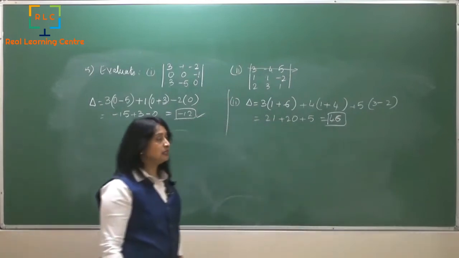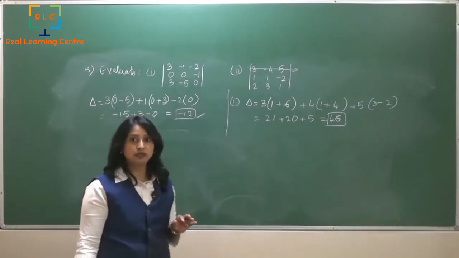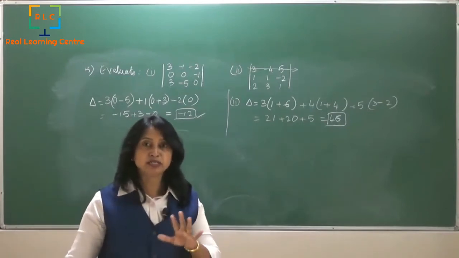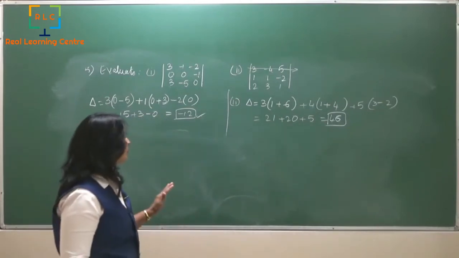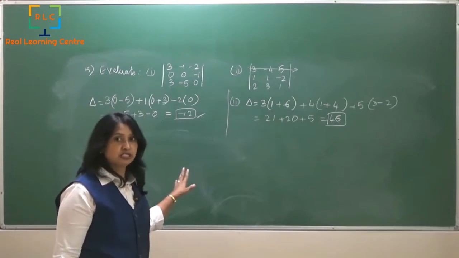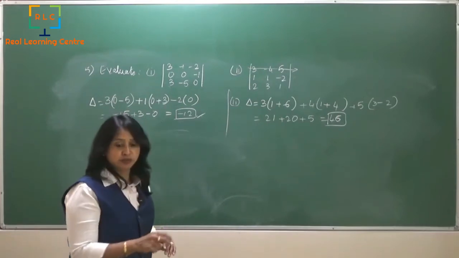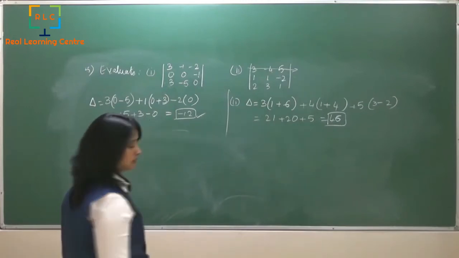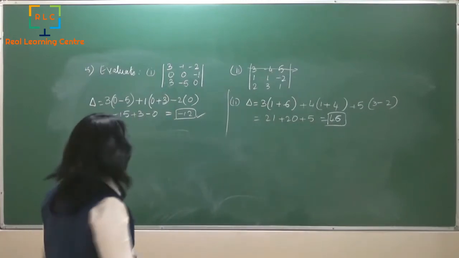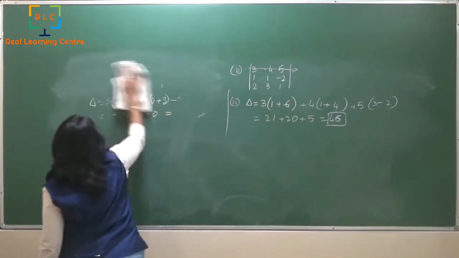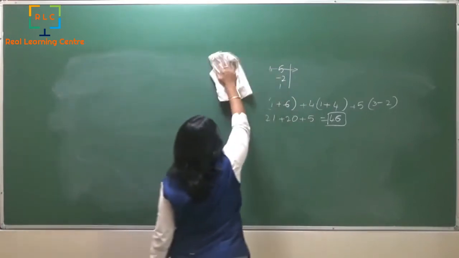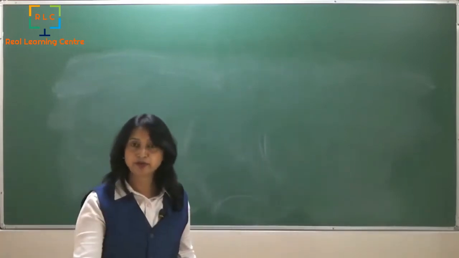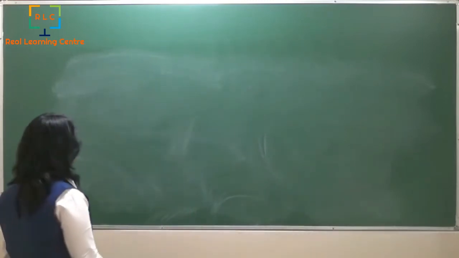So 46. Now this is the way you will expand the determinant. Now these third order determinants have to be practiced well. You should be doing several problems on this, so that you are quick enough to find out the determinant. It should be done in a few seconds. And there are certain 1 marker and 2 marker problems where they give you 2 determinants and ask you to equate them,